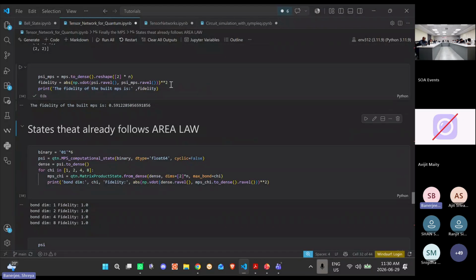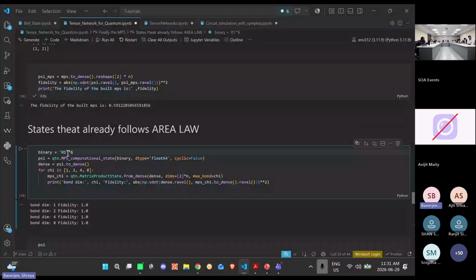fine. And for the states that already follow area law, by area law, I mean the bond dimension doesn't grow, an example is a product state. In this case, I have taken 0, 1 times. Okay, I'll show you what state this is. Binary. Yeah, so this is the state 0, 1, 0, 1, 0, 1, 0, 1, and I have passed it through the same process,